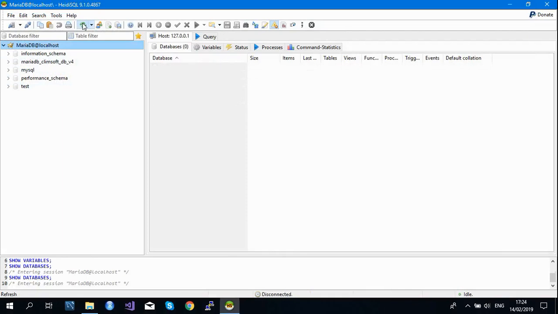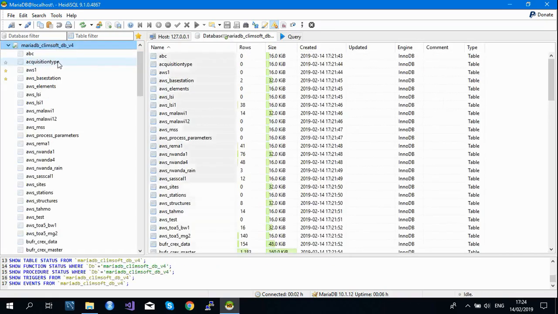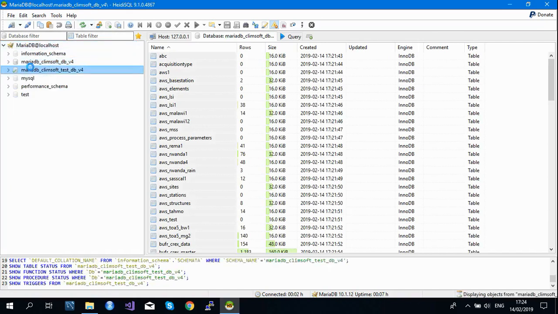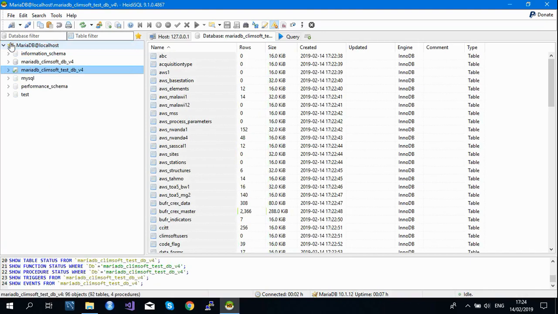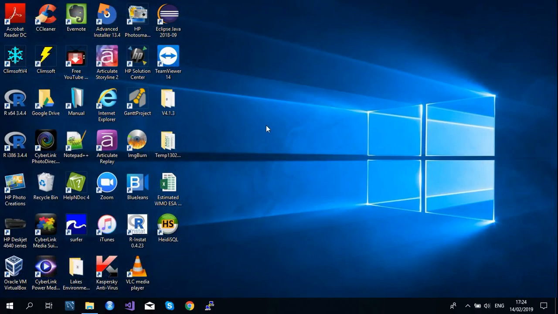If you refresh, you will be able to see the two databases created by that script. And this contains very important tables, as you can see here, which will be used by CleanSoft. This is the test one. So you've done.